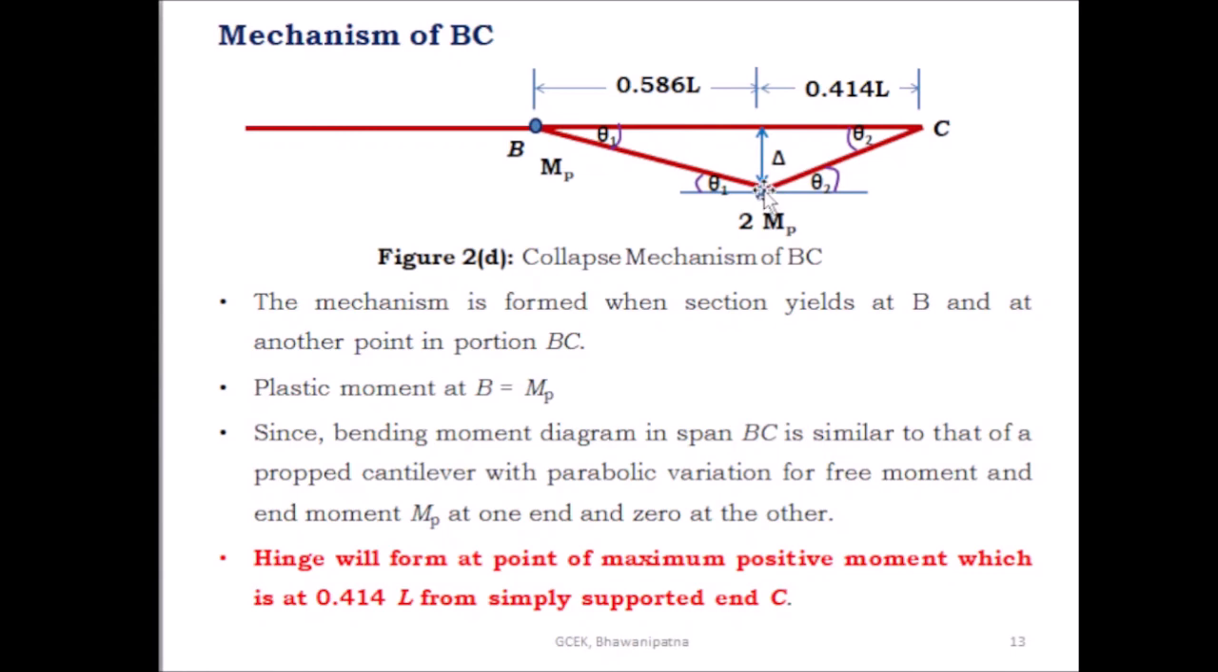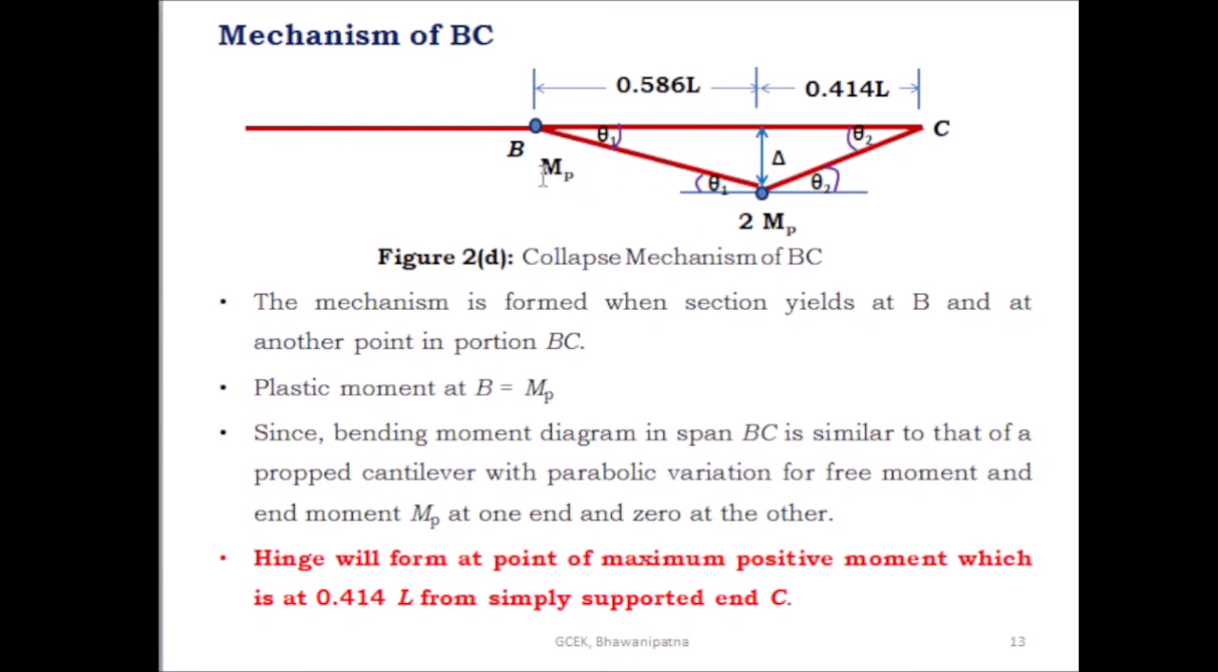Let delta be the virtual displacement we give at the maximum positive moment section. Theta 1 and theta 2 are the rotations at the ends B and C. At the plastic hinge under the maximum bending moment, the rotation is theta 1 plus theta 2, at B the rotation is theta 1 and at C the rotation is theta 2. So first find out the internal work done